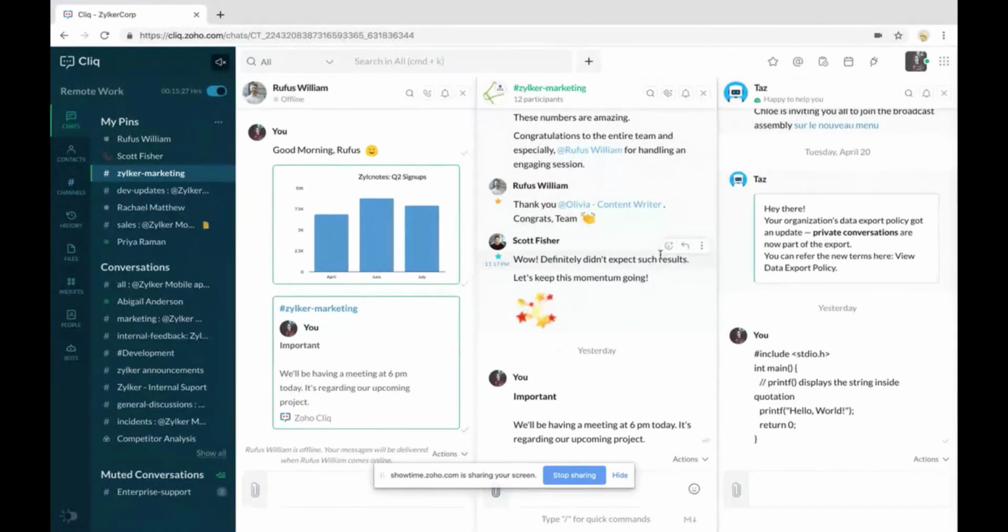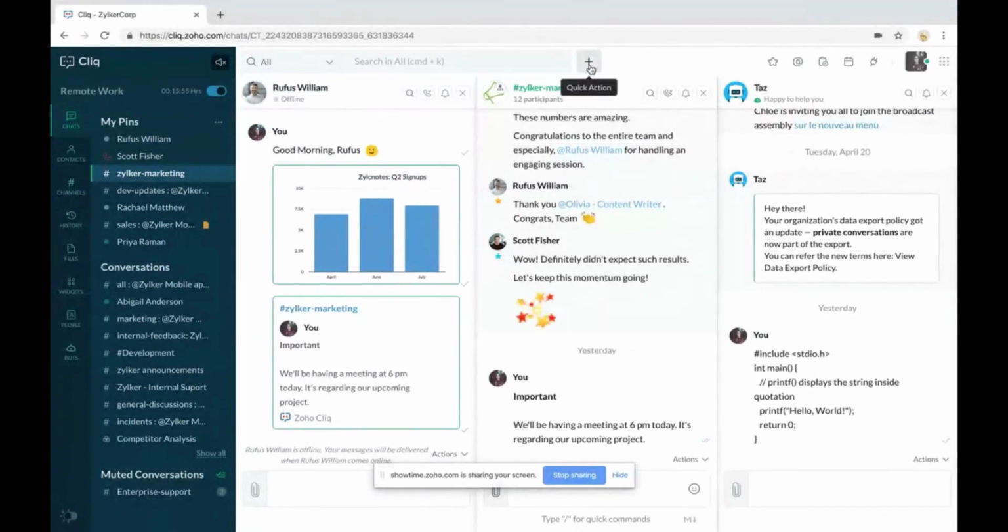So the next and the last one for the day is the invite guests option. At times in every organization, we want to communicate with persons who are outside our organization and who are not a part of any organization in Zoho. You can invite a guest user who's not a part of an organization in Zoho using this guest user option. Say you want to communicate with a vendor, you can invite them into your org and start conversing directly.